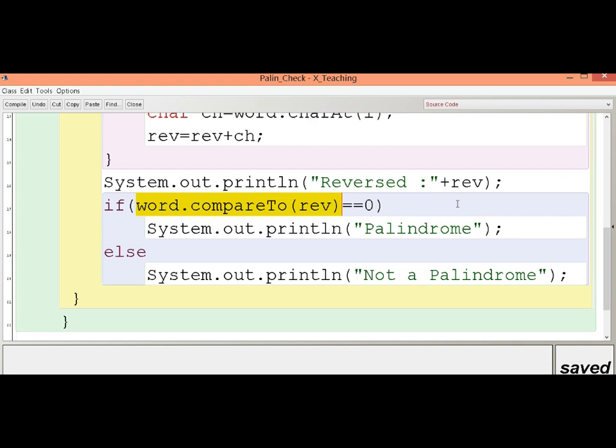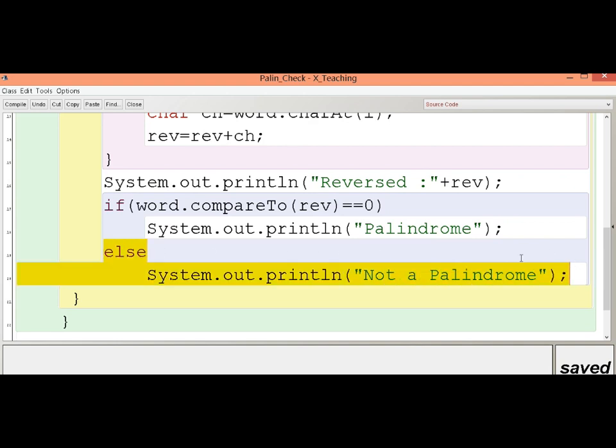Right now, the syntax is the first word, word dot compareTo within brackets the second word. That means the word will be compared with rev, and if the return value is 0, meaning it is matched, then we will print System.out.println palindrome, meaning it is a palindrome word. Otherwise, else it is not a palindrome.